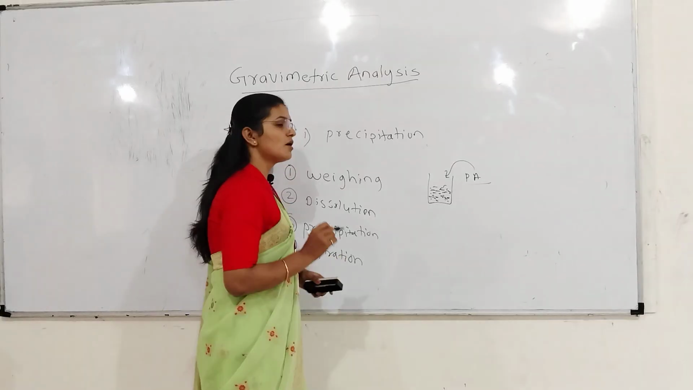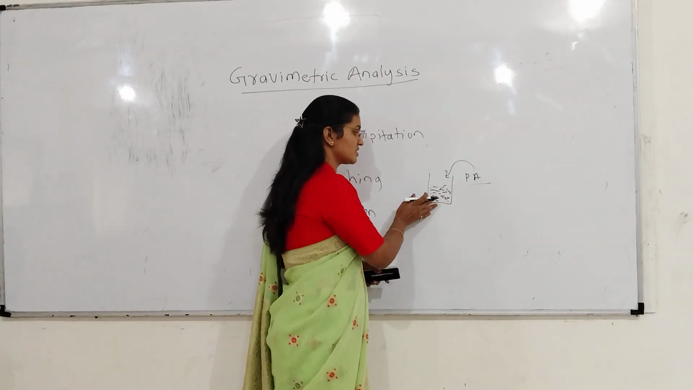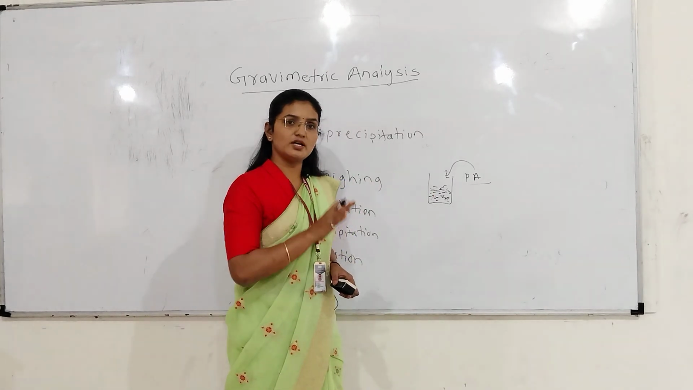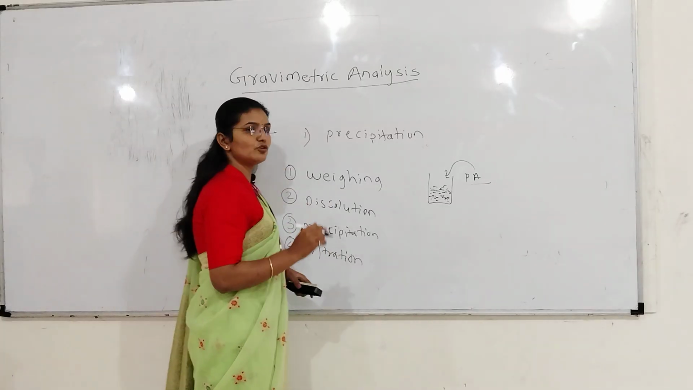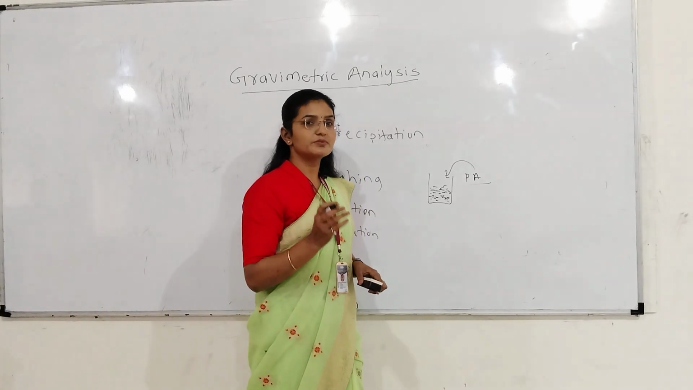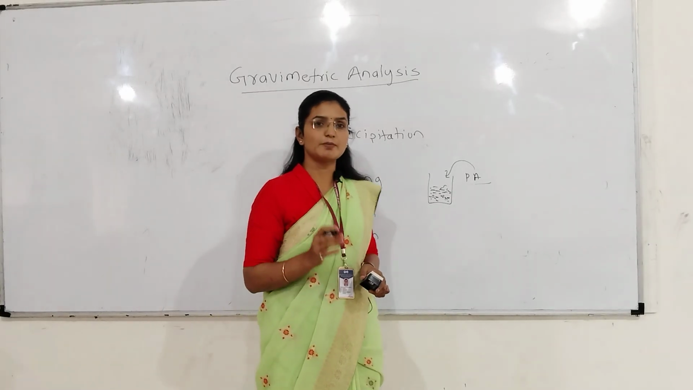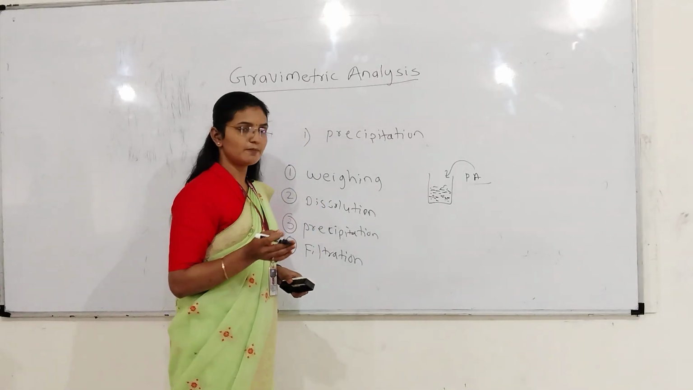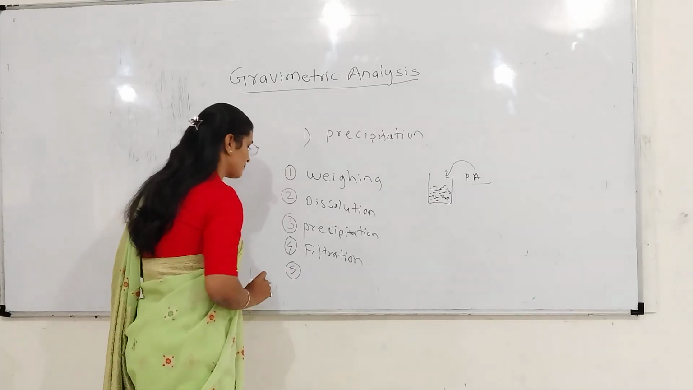Then the fourth step is the filtration. This mixture contains two phases, a solid phase and a liquid phase. In the fourth step, you have to filter that precipitate, that is, separate the precipitate. Filter it by using filter paper or any other method as suitable. After filtration, the next step is